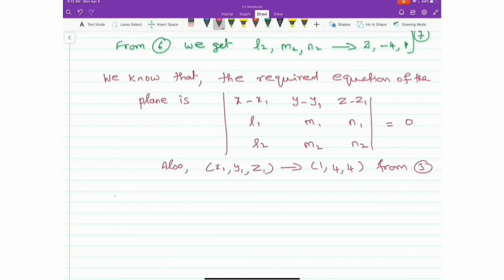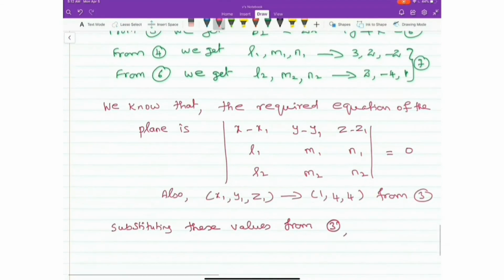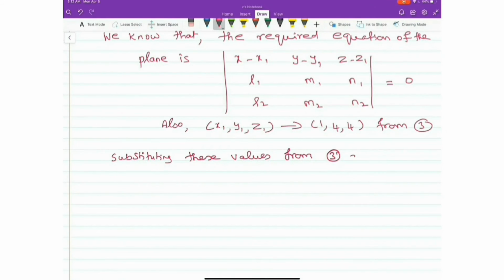So, substituting these values from 3 and 7 in, let me name this equation of the plane as 1. In 1, we get